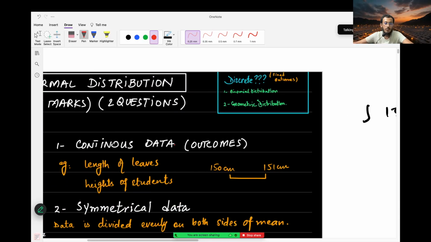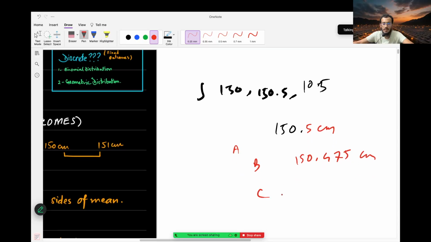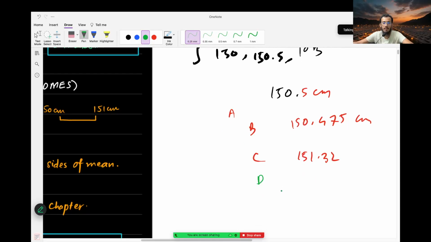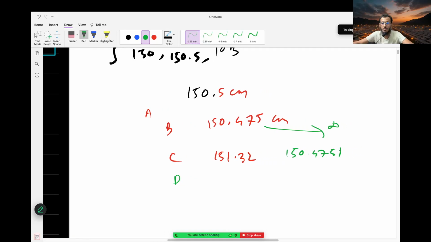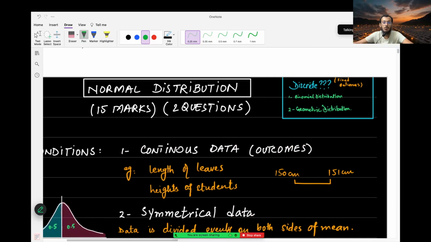Yeah, so let's say we are trying to measure the height of a student, and let's say student A has a height of 150.5 centimeter, student B has a height of 150.475 centimeter, student C has a height of 151.32. How many possible values can you have? Is there any limit? You could go till infinity. 150.4751 and then 52 or 3, now you understand? Yeah, I get it. So these types of data are called continuous data, as opposed to discrete, which has a fixed